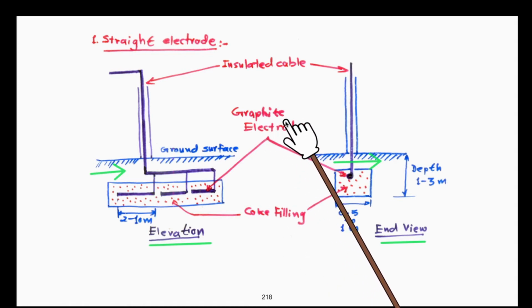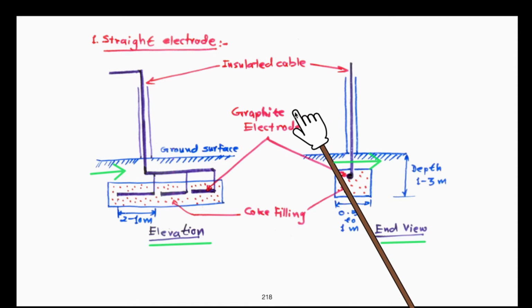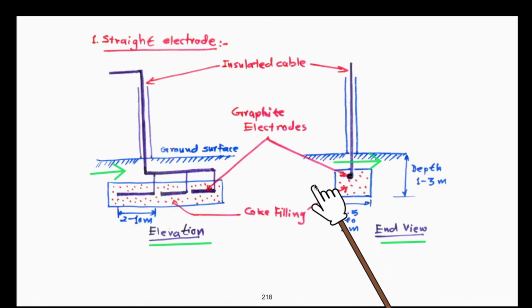it uses graphite element. In the earlier days, in some of the cases, the very primitive stages of HVDC, even metal electrodes were used, like iron. But it was observed that iron is responsible for too much consumption of iron electrode material. Even 100 ampere current flowing through the iron for a period of over 1 year, nearly 1500 to 2000 kilograms of iron was getting consumed.